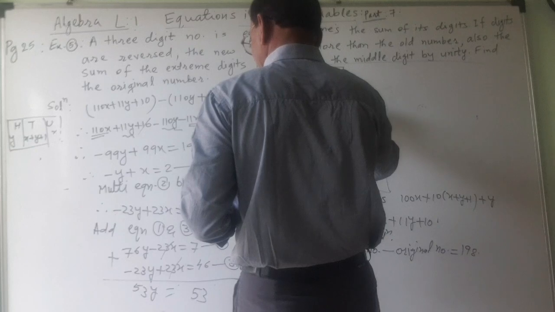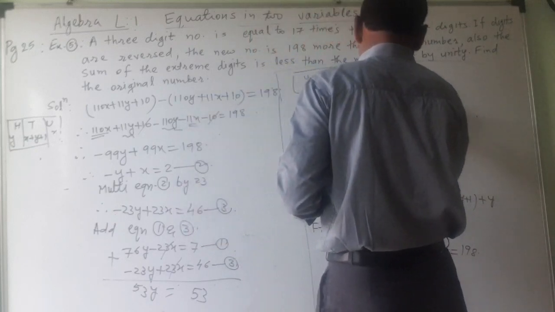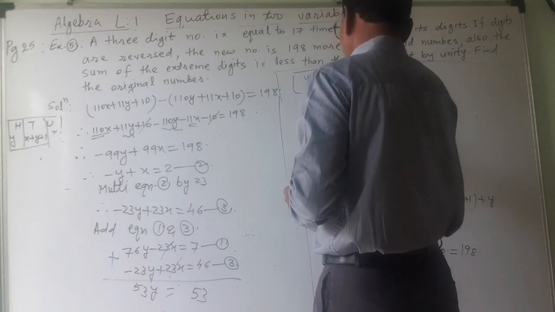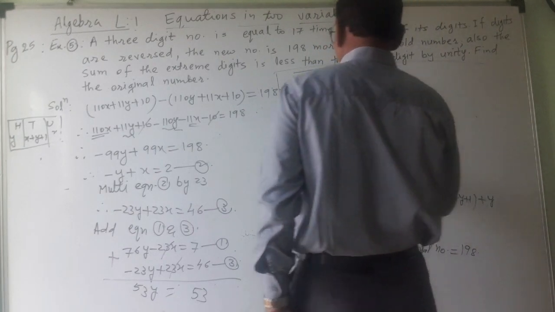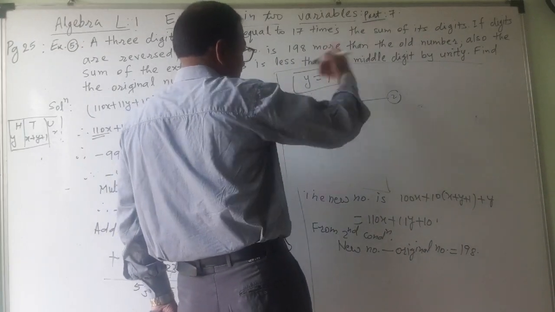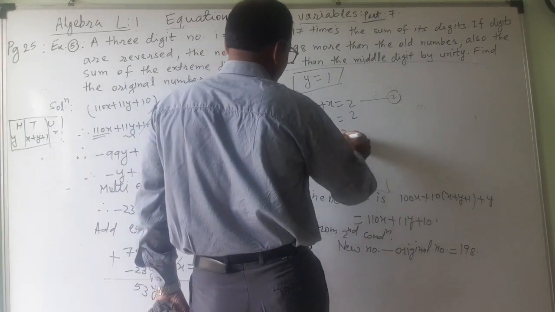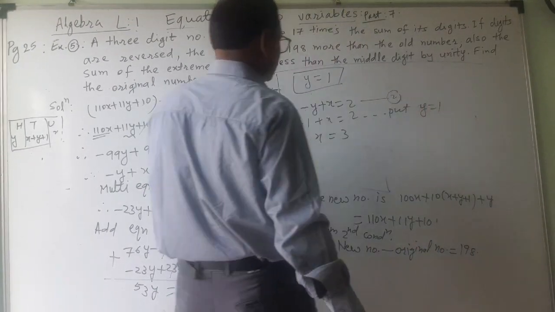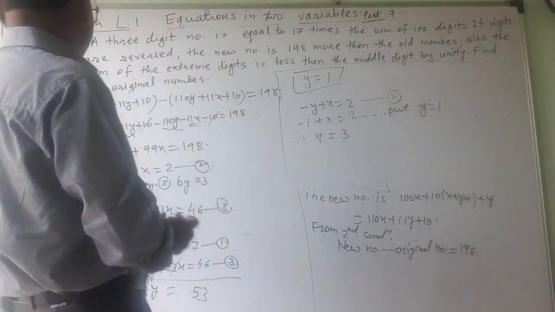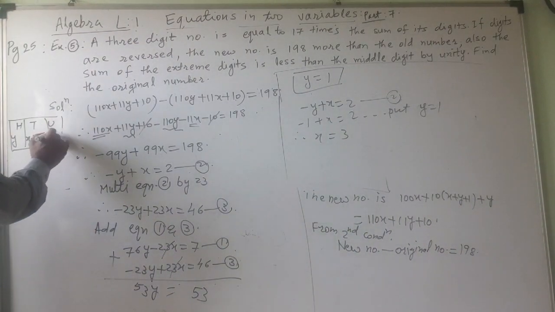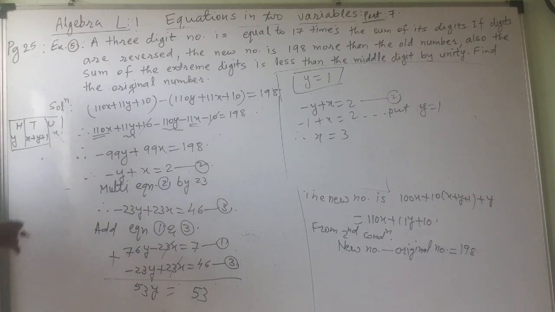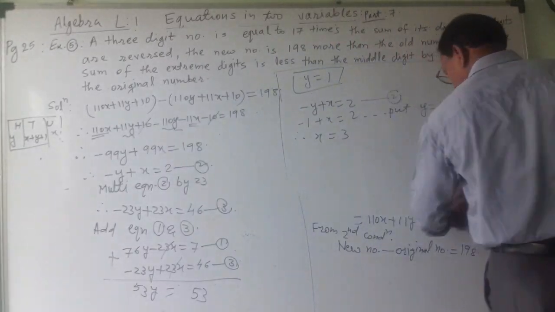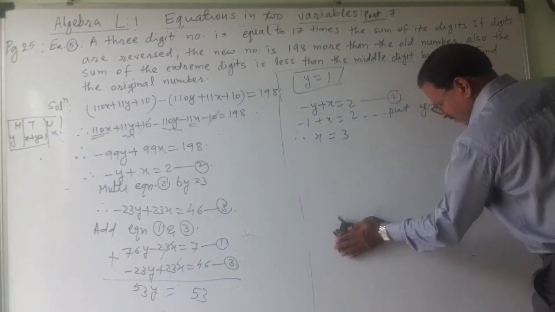Minus y plus x is equal to 2. This is equation number 2. Here I will put the value: minus 1 plus x is equal to 2. Therefore, x is equal to, this minus will go there and it will become 3. Here I have put y is equal to 1. So x also I got. So what I got? Unit place digit I have what? Tens place digit I have what? Now I want the tens place digit. 100 place digit got. So tens place digit means the middle digit.